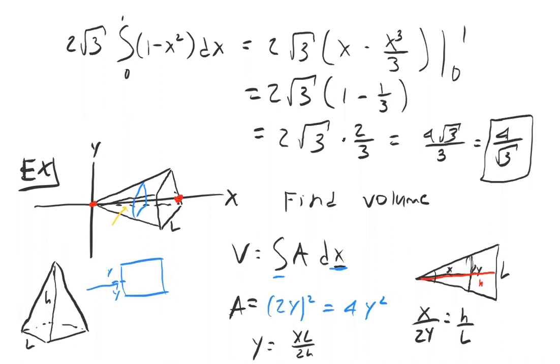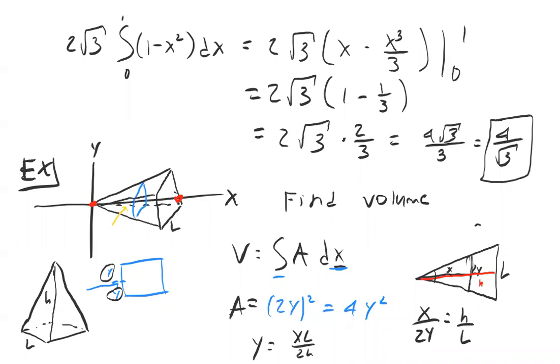If you look at this picture here, you can see that on the left side of the triangle, whatever my y coordinate is, that's half the height. So I get a y here and a y here. So my area then is (2y) squared. I add those together and square it. That's why there are parentheses around there. So in order to get y in terms of x, in this case, I have to use the idea of